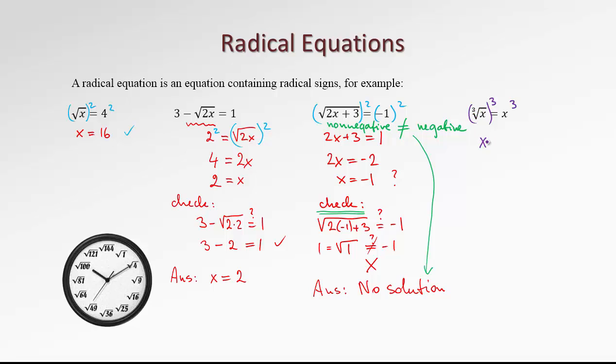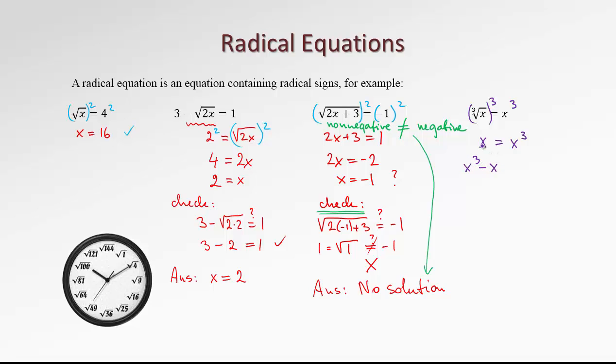We end up with x on this side and x cubed on the other side. And now there are two possible ways of approaching this problem. I would advise that we always move everything to one side and try to factor. So, for example, if I move x to the right but start writing it from the left, like x cubed